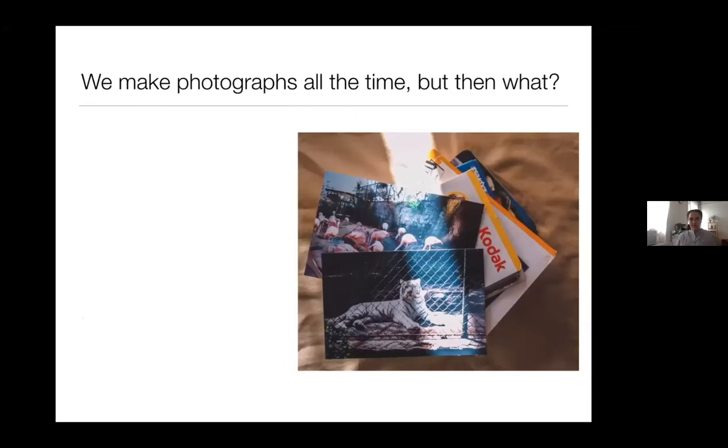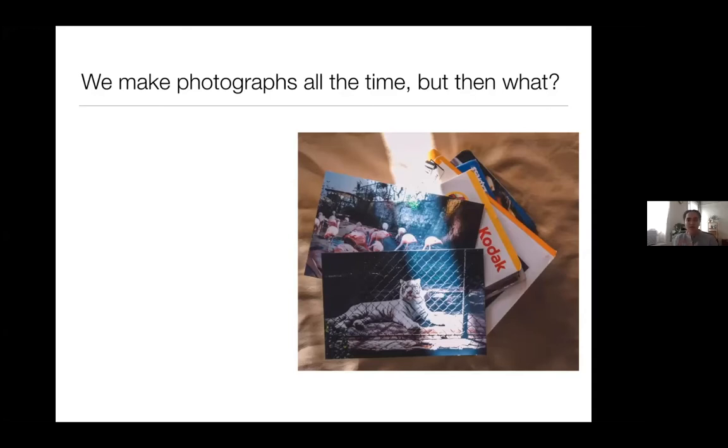So thinking about photos, I'm going to ask you some questions, and I just want you to think about them for yourself. We make photographs all the time. At least in my life, I know I make photographs all the time. I have my phone with me. I'm constantly snapping pictures. I'm also a photographer, so I take more deliberate photos too, but I'm also just taking photos of stuff all the time, things I see in the world on my phone, and I might not even really be thinking about it.